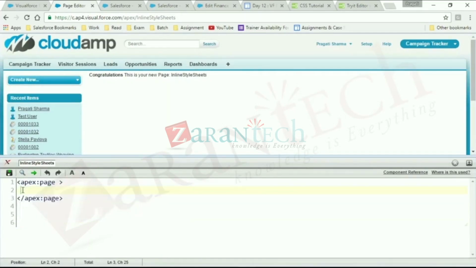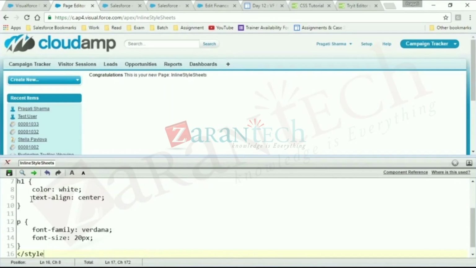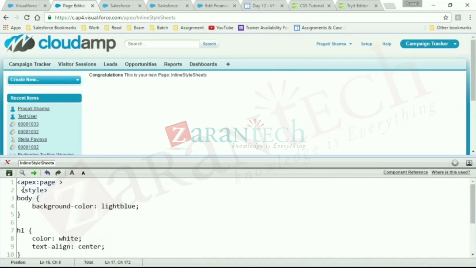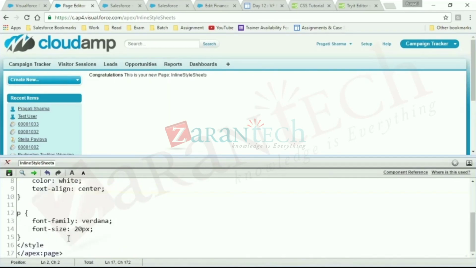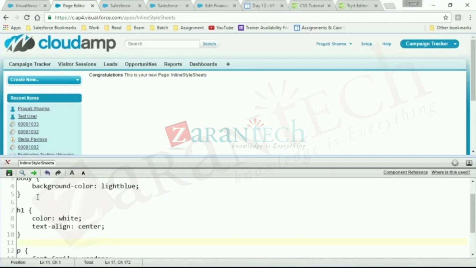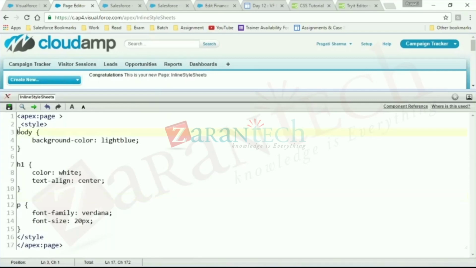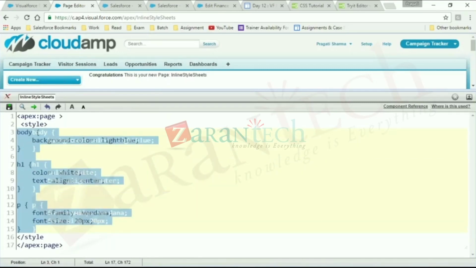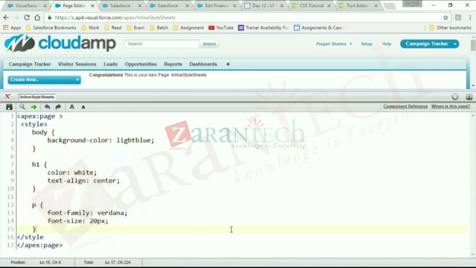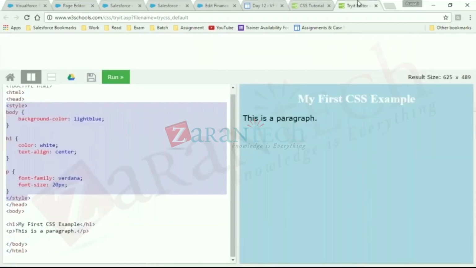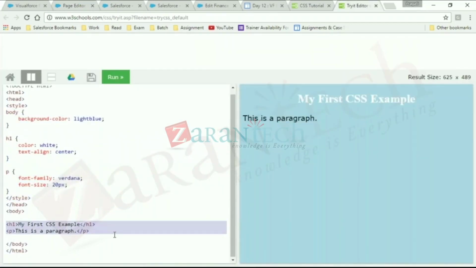And if you want to create an inline style sheet, just click here. I told you that on every VF page you need to write in between these tags. So we'll wipe out everything, and within that we will add the style sheet code that is there between the style tag and the ending of the style tag. Please remember this, that whenever you write code in Salesforce, you're supposed to write within the style tag if you're